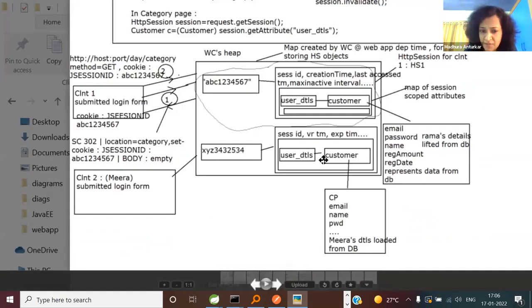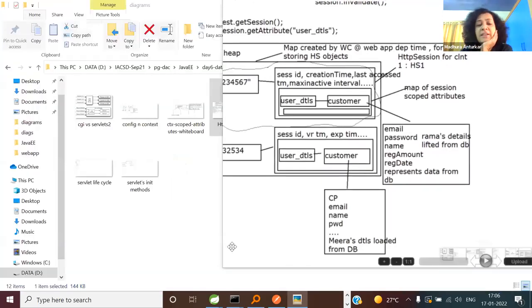I'll repeat my question. The web container doesn't want to scan the entire heap. If it is C5, client 5, the container wants to quickly figure out HTTP session 5. So which data structure gives you constant time performance? A hash map.